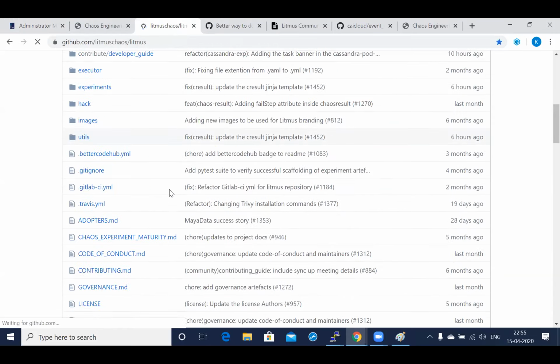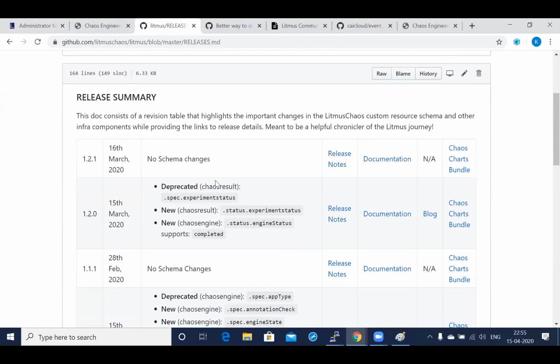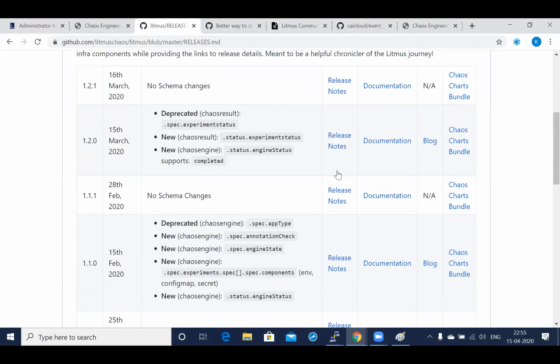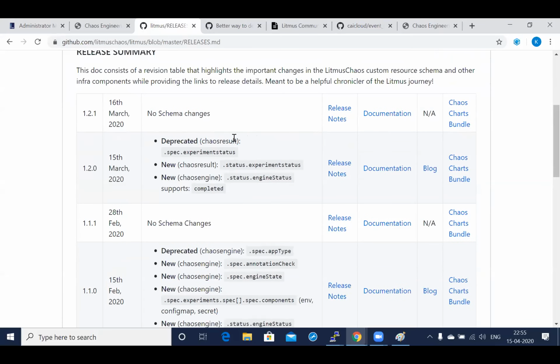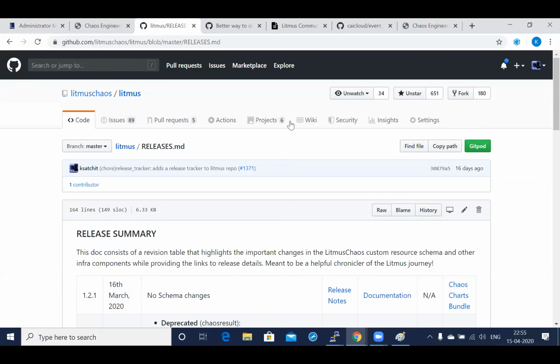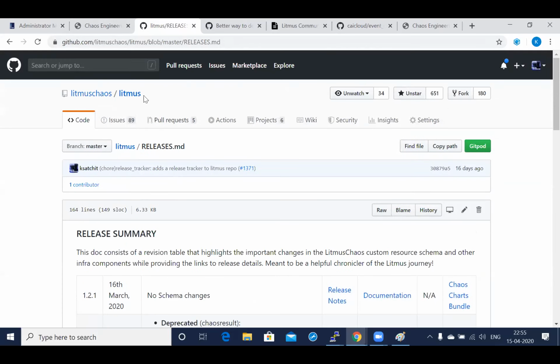And we've got another artifact inside of Litmus. Basically, this is called releases, and it is just a description of what has happened across the different releases. We are yet to update it for 1.3. It is a one-stop shop to find all the release-related artifacts, the notes, the corresponding documentation in the charts bundle, etc. Thanks to Laura for insisting on placing this information to be helpful to the users. That's really good feedback that we received.